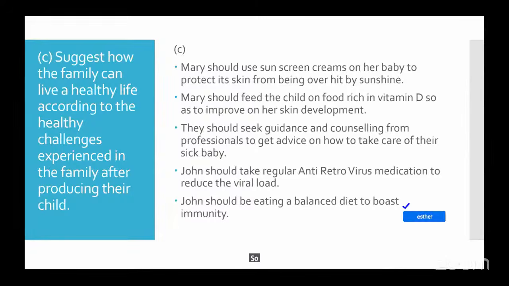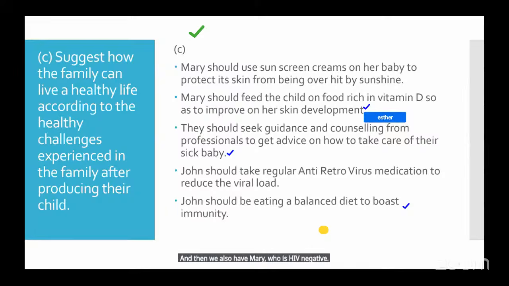So remember, we have Mary, who is having a child that is having albinism. Then we have John, who is HIV positive. And then we also have Mary, who is HIV negative. So we need to ensure that the baby is taken care of, then the father is also taken care of in his positive state, and then the mother also continues to stay